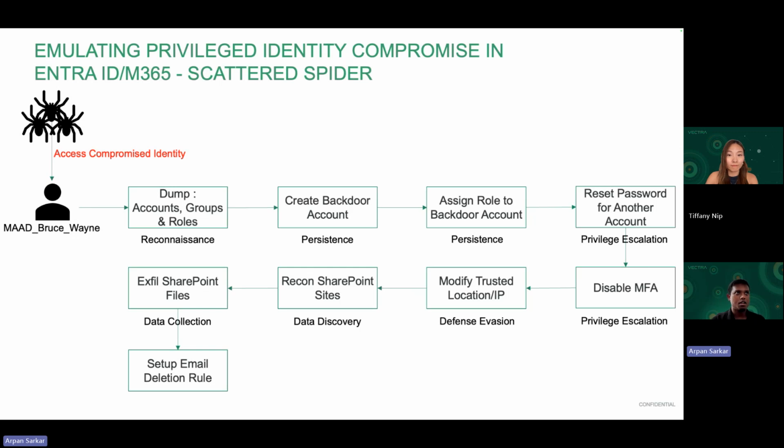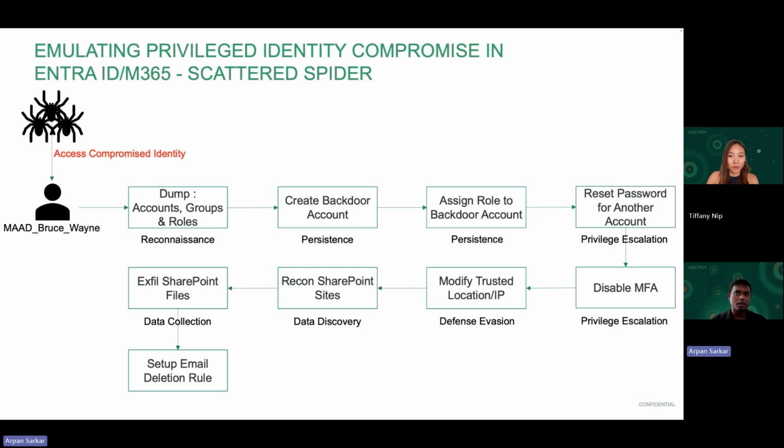So for instance, here Scattered Spider is accessing a compromised identity and then running a bunch of different reconnaissance within their environment, moving on to creating a backdoor account to establish persistence, followed by assigning it roles. Then they move on to